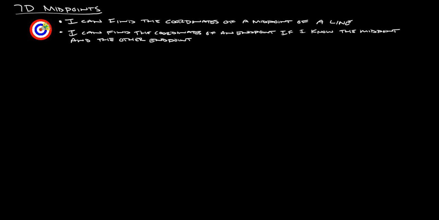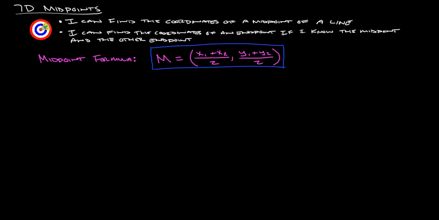I'm going to take you through the 7D notes on midpoints. So at the end of this, you should be able to say that I can find the coordinates of a midpoint of a line, and then also I can find the coordinates of an endpoint if I know the midpoint and the other endpoint. Alright, so let's start off with our midpoint formula, which is M for midpoint equals x1